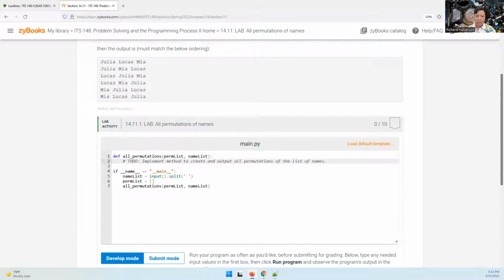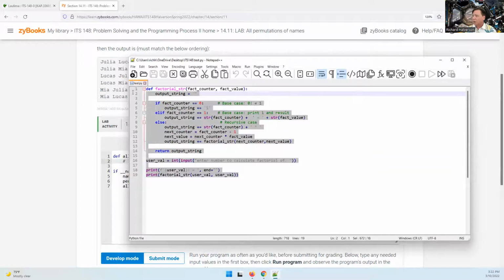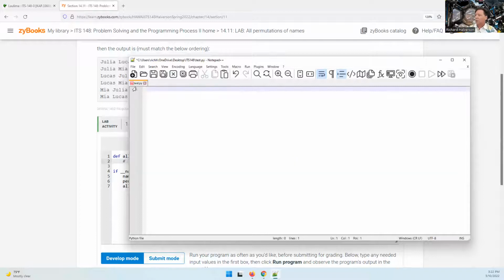So I'm going to create a new one. That wasn't this one, was it? Let me just get rid of all this. And this is test.py, and we have our